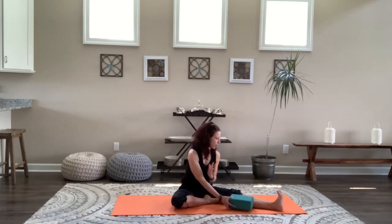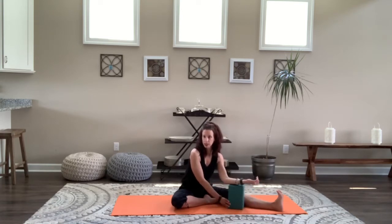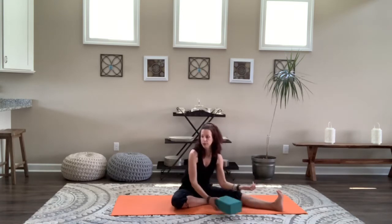Now, this is where the block could come in handy. We're gonna bring it inside the left leg. We're gonna bring our forearm on top, okay? And remember, your block, or whatever you're using, could be on any height. Okay, depending how deep you want your stretch to be. Okay, if you don't want to use the block today